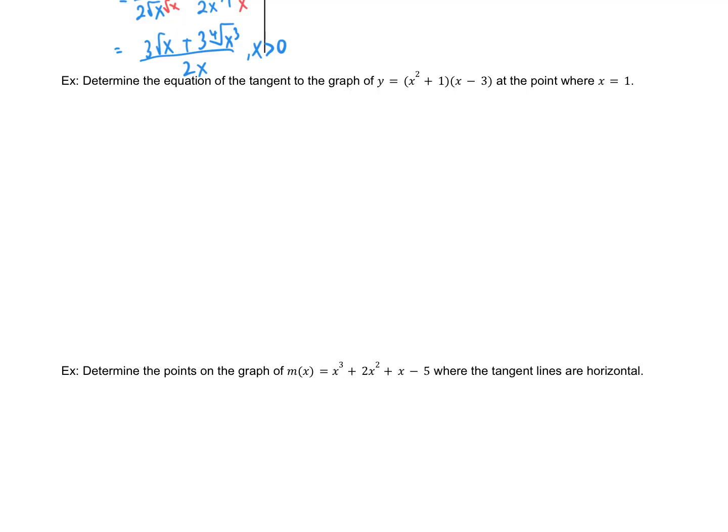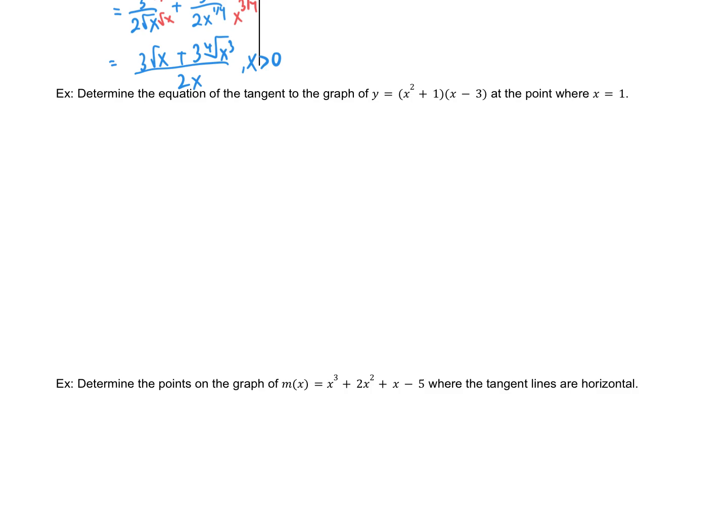Determine the equation of the tangent to the graph of y equals (x squared plus 1)(x minus 3) at the point where x equals 1. We've done these in the past. First thing I'm going to do though, I'm going to expand this function so that I can use my derivative